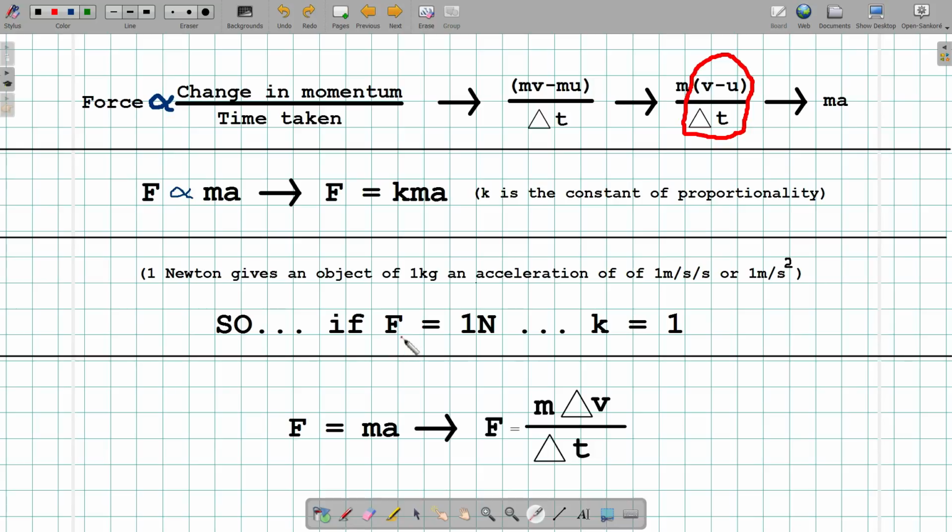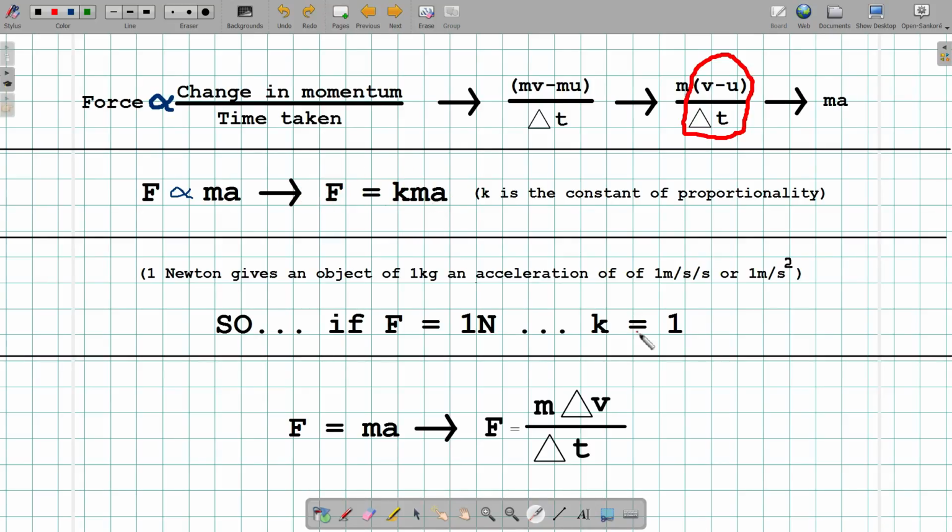Again, force is measured in newtons. And so the definition of a newton: 1 newton will give an object of 1 kilogram an acceleration of 1 meter per second squared. Okay? 1 kilogram, an acceleration of 1 meter per second squared. That's 1 newton. And so if F is equal to 1 newton in this case,